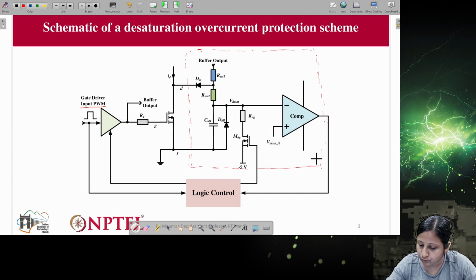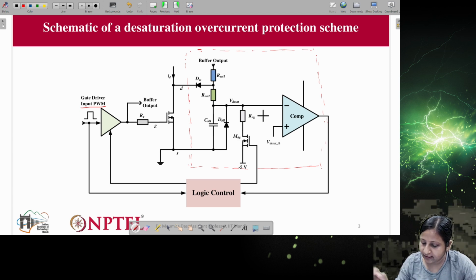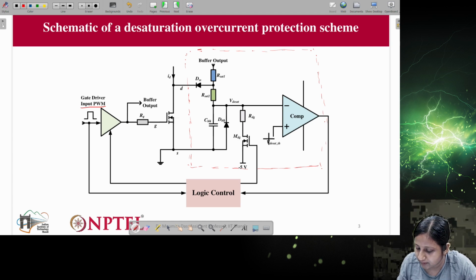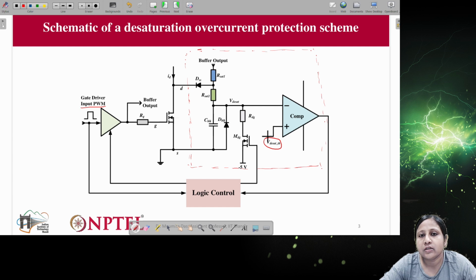It is compared in the comparator with the desaturation voltage level to check whether the device is in normal or faulty condition. If it is faulty, the comparator output is given to the gate driver, which provides the required signal and the device turns off.